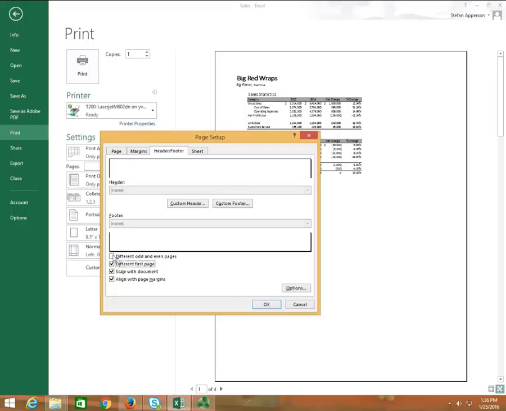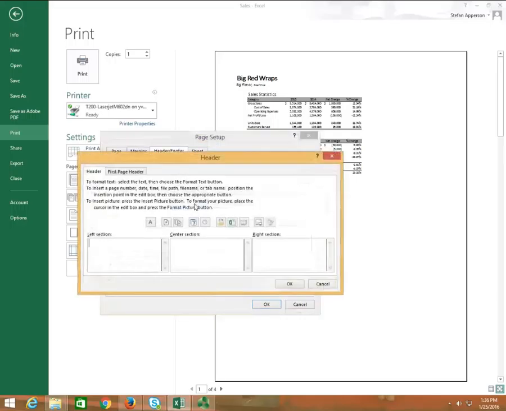And we're going to click the custom header button. So custom header, the ellipsis tells us the dialog box is going to open. And on the header tab, type file name. Okay, so we got that there. We've got the first page header because you select a different first page. On the header tab, type file name colon in the left section box. So file name